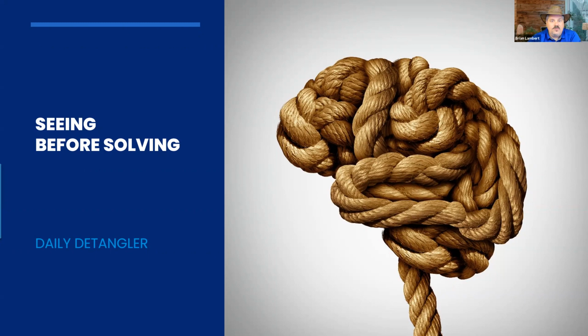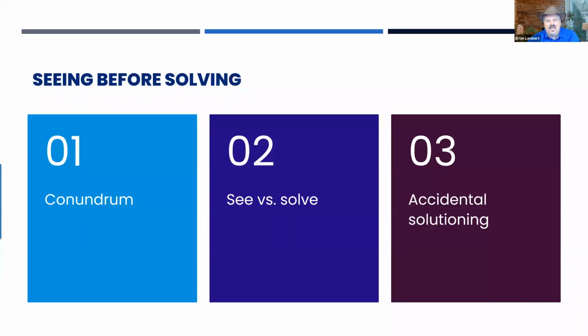Hello, let's talk about seeing before solving. Today's episode is brought to you by the see versus solve conundrum. And I want to talk a little bit about what I've been going through in my journey to create C slides, and also to help illuminate some of the things from my perspective. And then also ways to prevent accidental solutioning, including an accidental solutioning checklist I built to try to prevent this